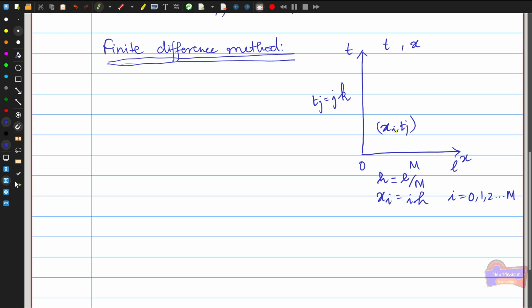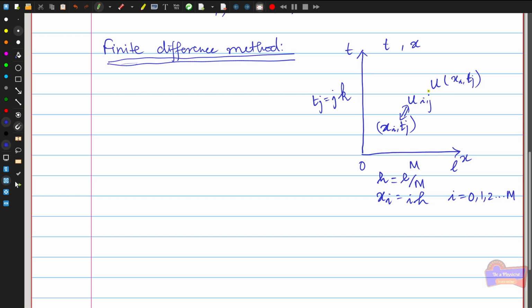At any point (x_i, t_j), we denote the numerical solution by u_{i,j}. This is equivalent to the numerical solution at the point (x_i, t_j), and the corresponding exact solution at this point can be written as u(x_i, t_j). Okay,